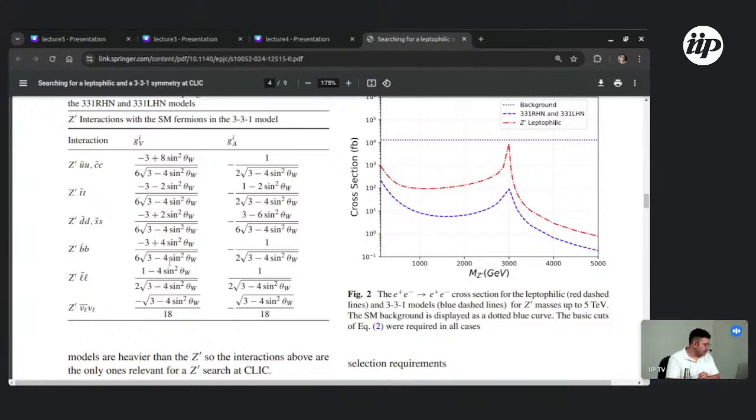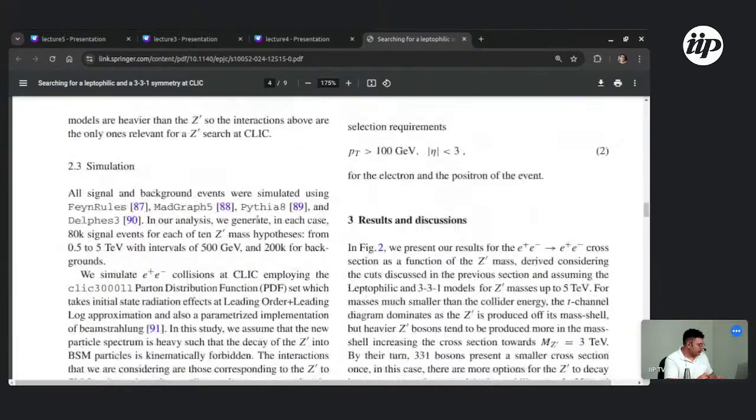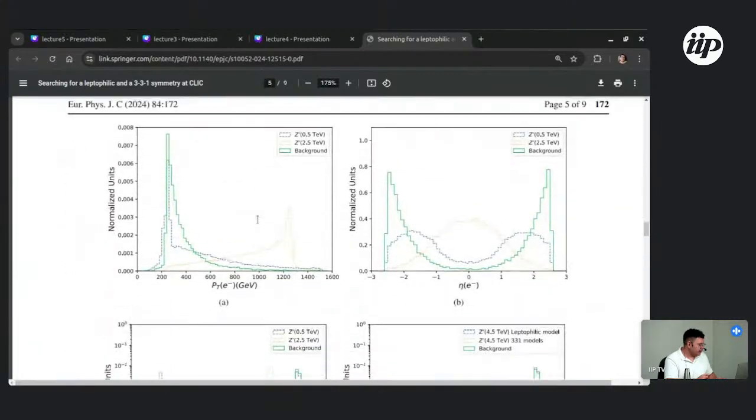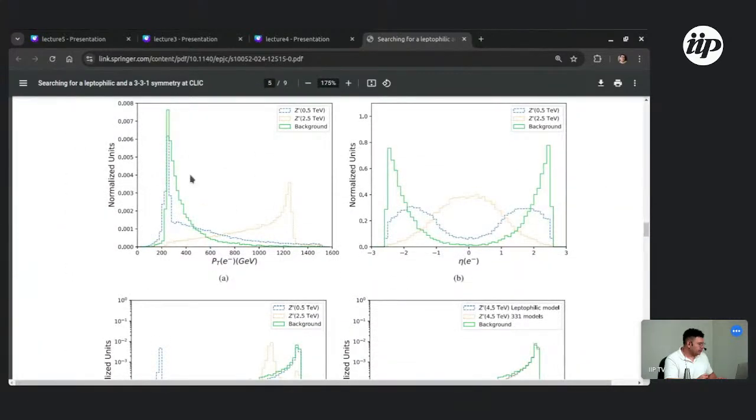So in the case of the leptophilic Z prime model, we have the same couplings of the standard model, but the difference is that we have a new Z prime that is heavy. And in the 331 models, we have other types of couplings, okay? And the objective of the paper is basically, if we are going to obtain those types of histograms,